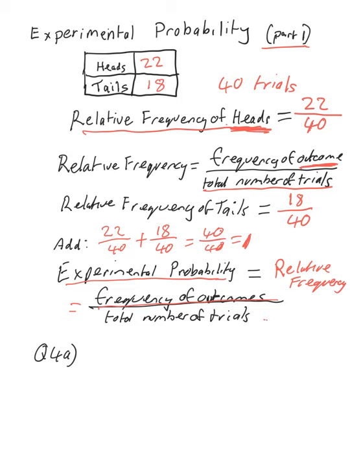Okay. Now, experimental probability is not exactly the same as theoretical probability, and we'll discuss the differences a little bit later. Okay, an experimental probability tends to be used to work out probabilities of events or of outcomes that are too hard to work out